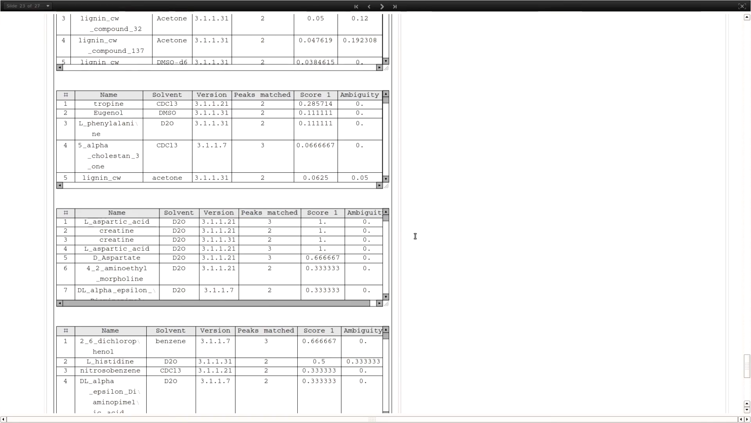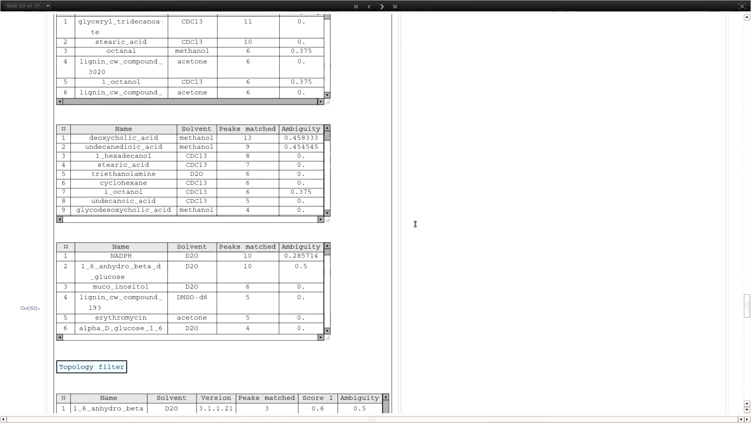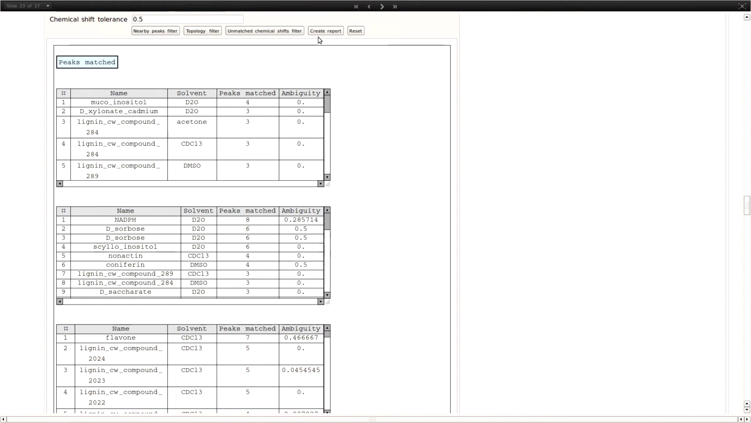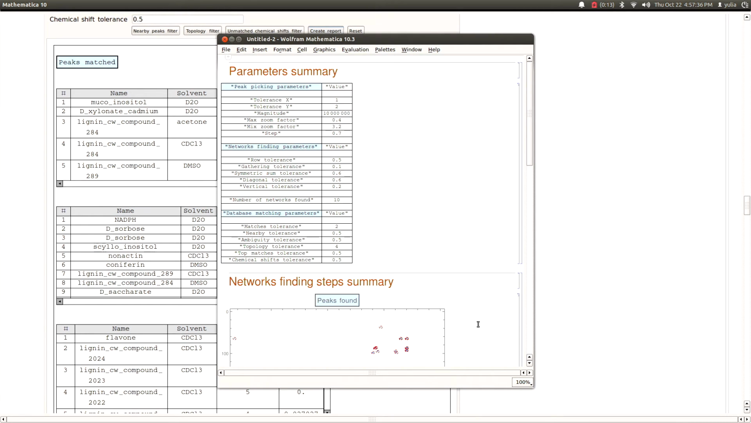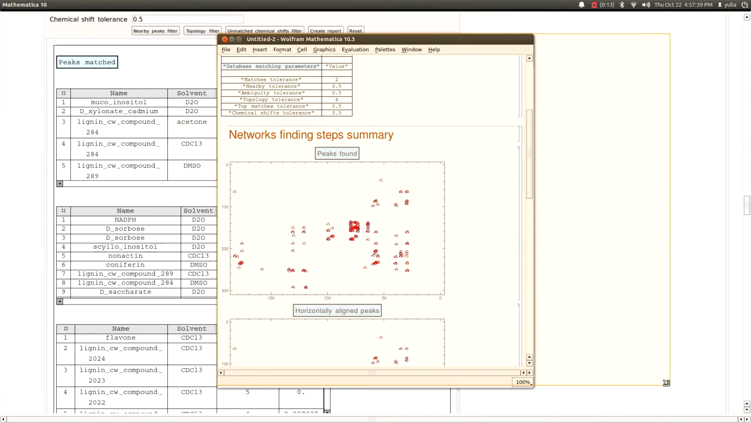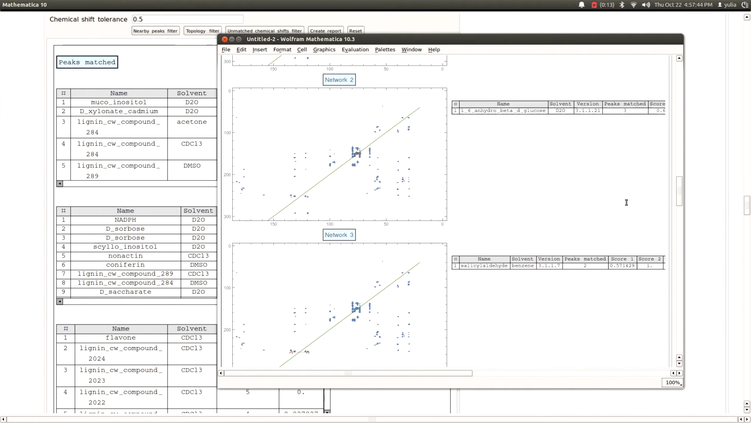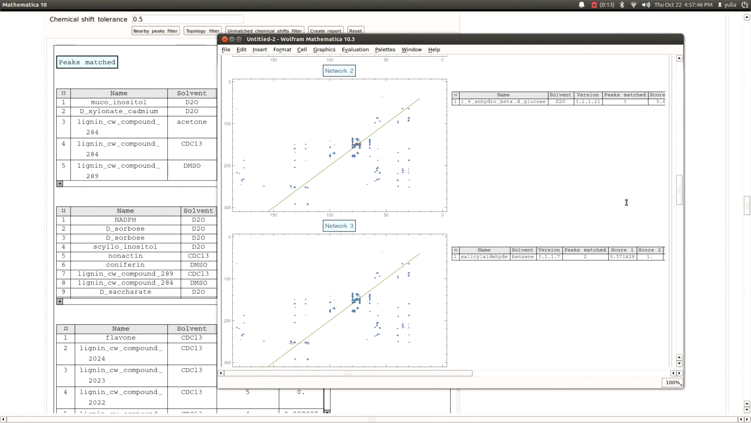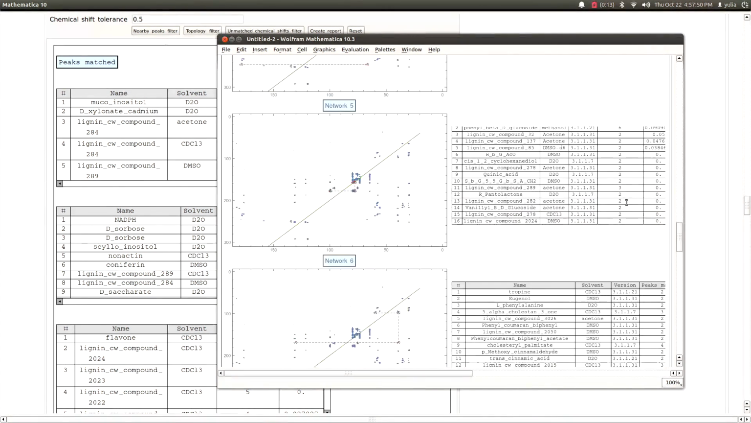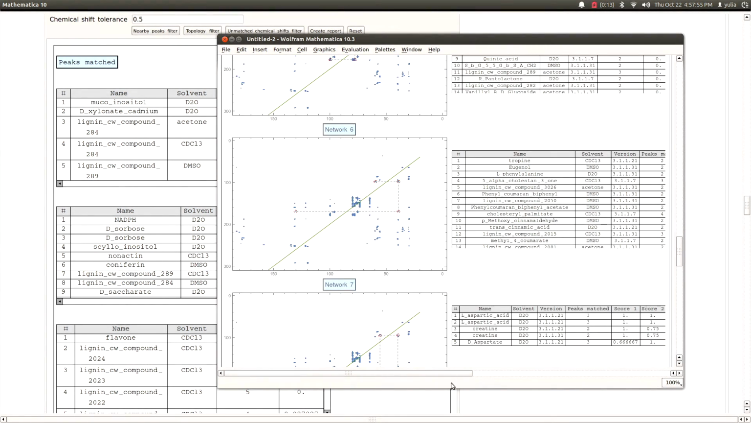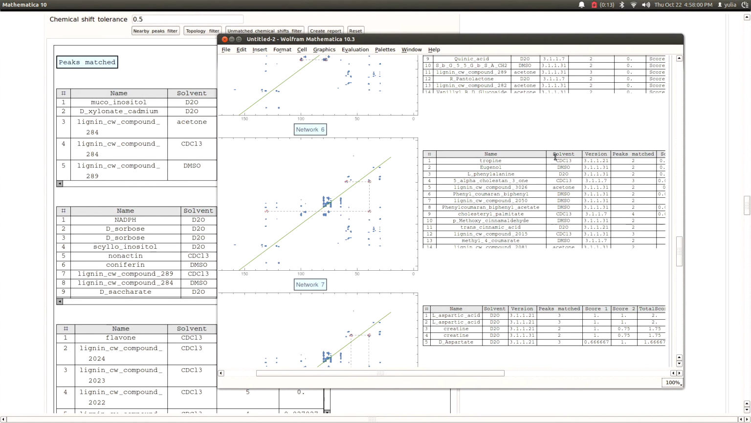All right, so we are getting a lot of results here. Let's just run a last filter, and we can also create a nice report of all the stuff. Okay, so here we get the summary of all these identified compounds. The cool ones are here. So you see this kind of